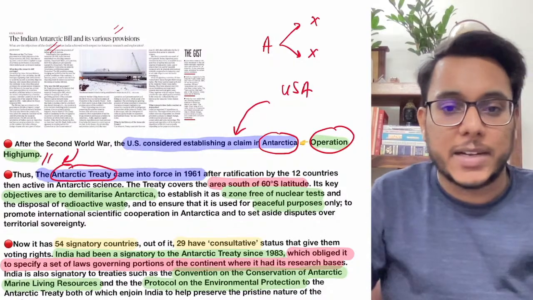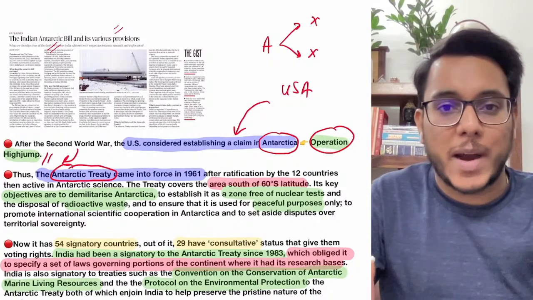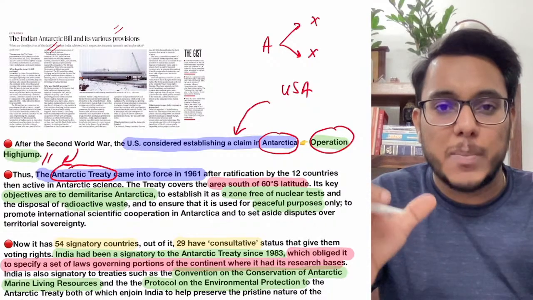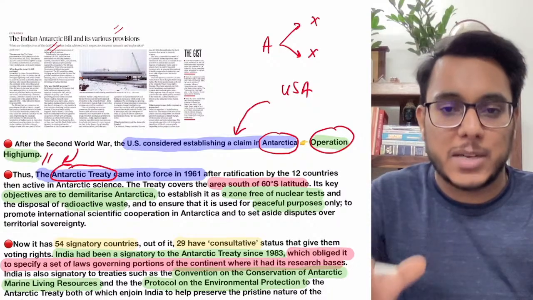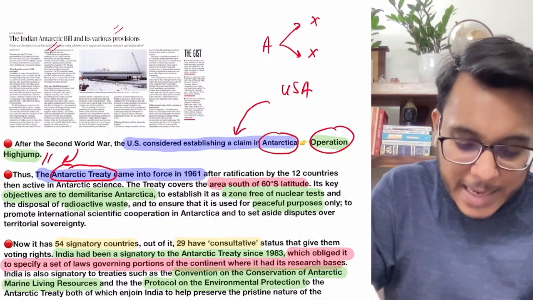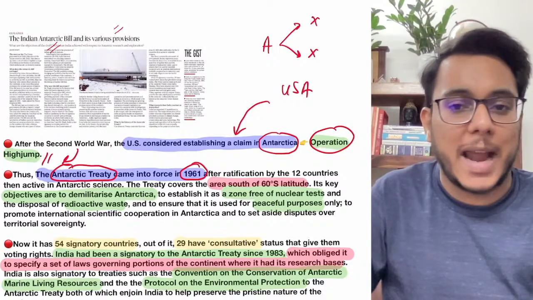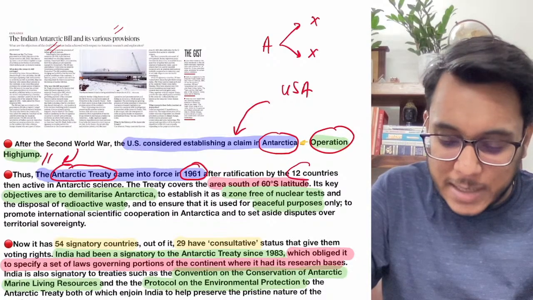Now, what is this Antarctic Treaty? The Antarctic Treaty provided that the Antarctica region will be kept as a region for science and peace. No country will establish a claim. This Antarctic Treaty came into force in 1961, and at that point of time, 12 countries